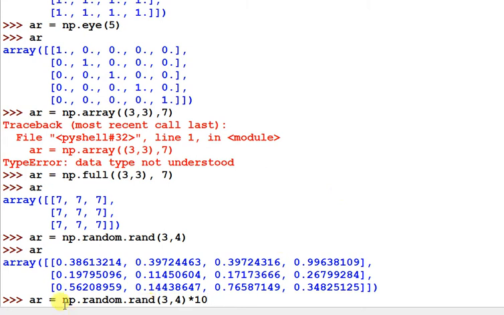Just type this statement and then multiply it. Here I am multiplying with 10, so it generates 0 to 10, because it generates 0 to 1. When you multiply with the number, it will generate numbers like 3 point something. And if you multiply it with 100 here, that will generate 0 to 100.